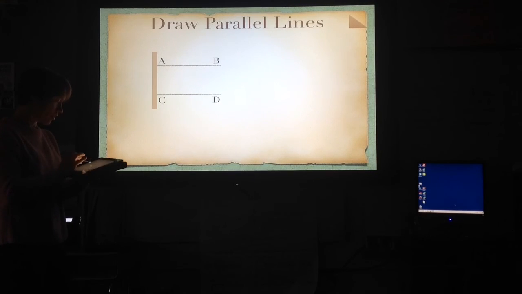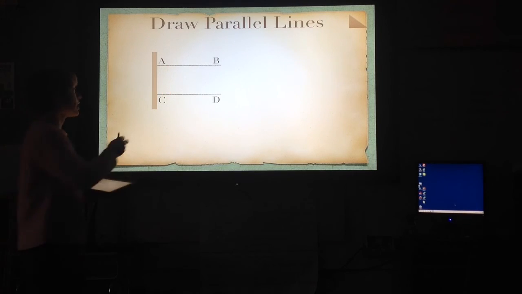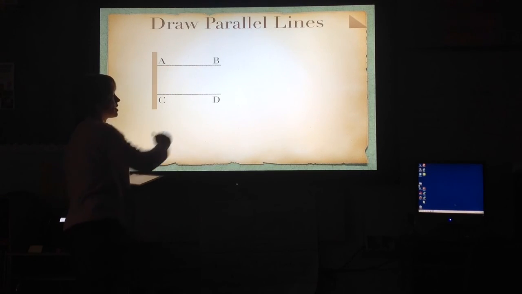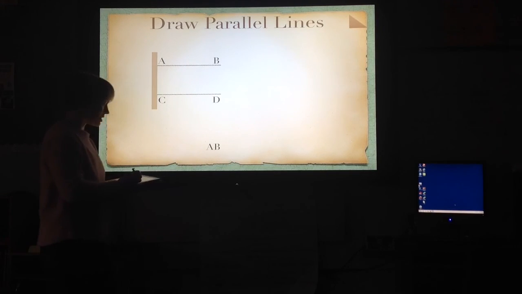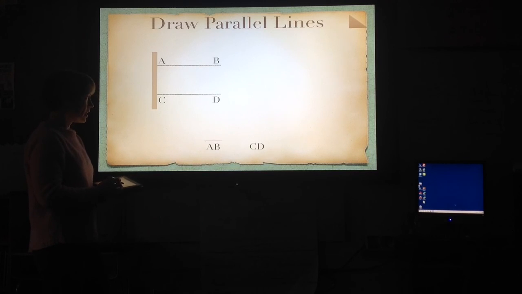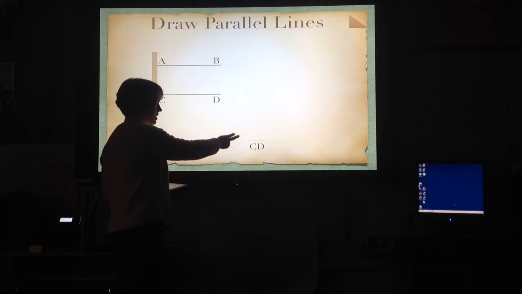These are both right angles, so they are perfectly straight. So how I would write that is I would write line segment AB and line segment CD are parallel. These two lines, whether or not you can see them on the video,